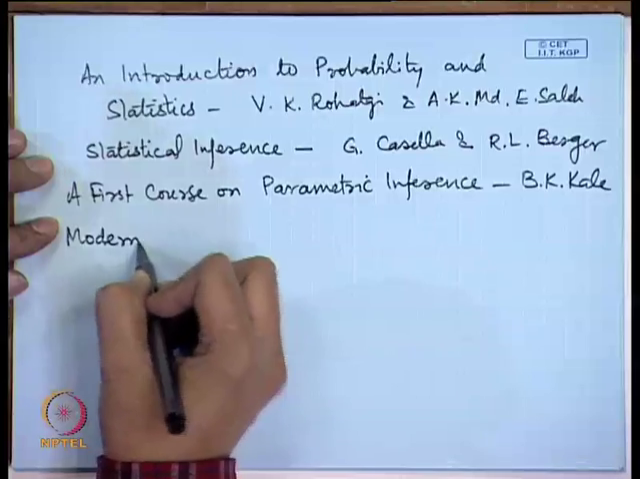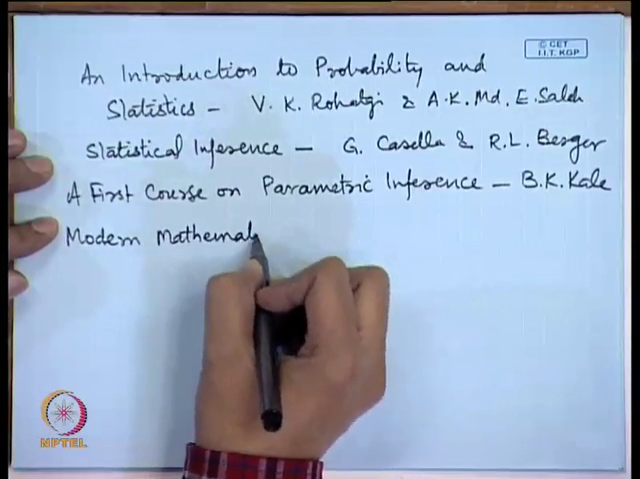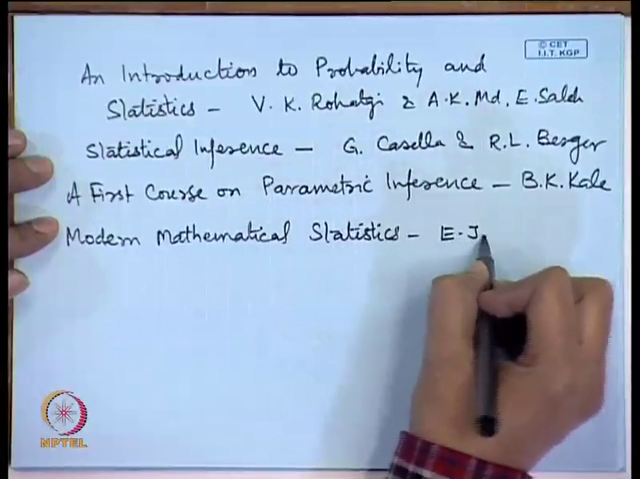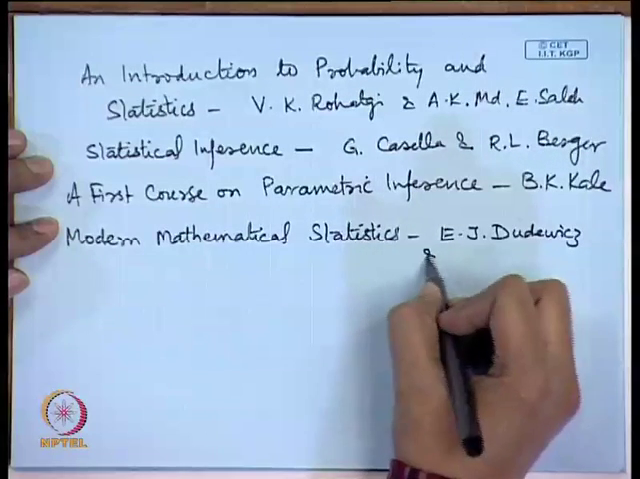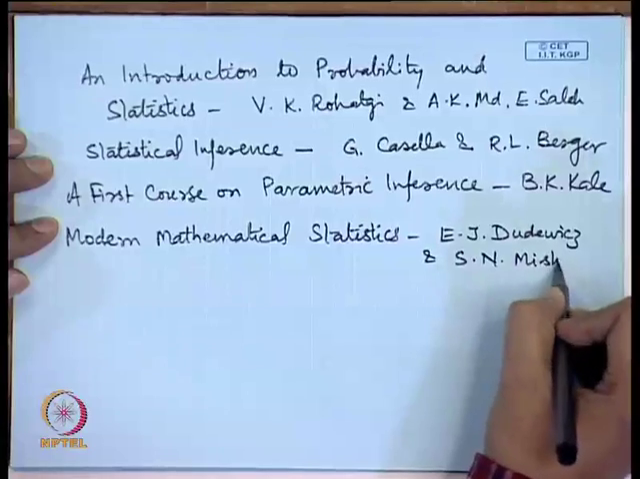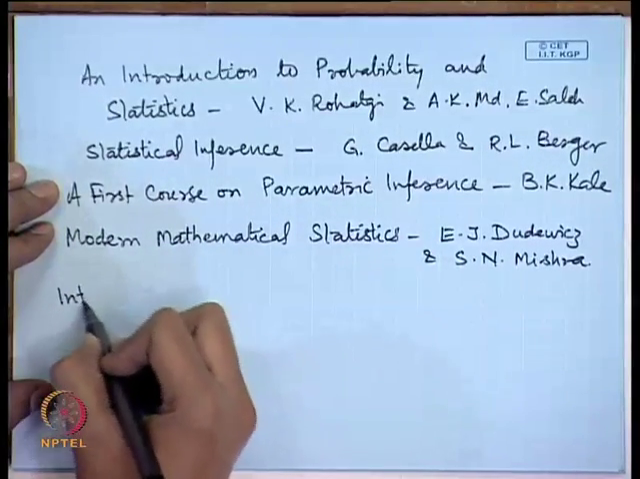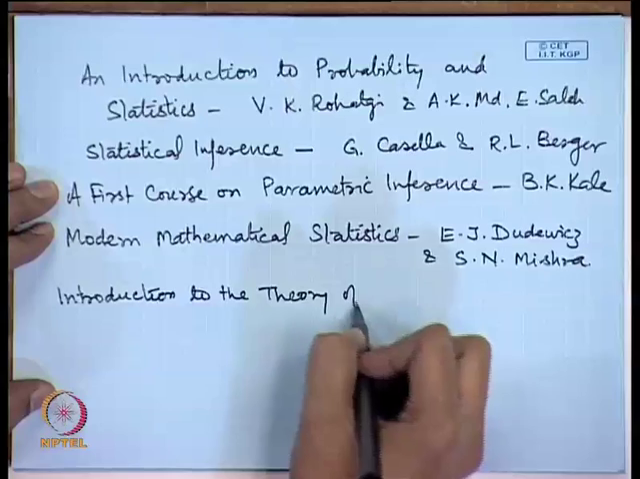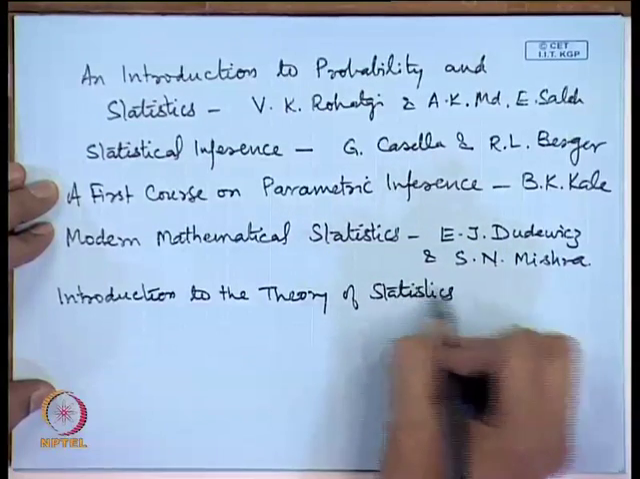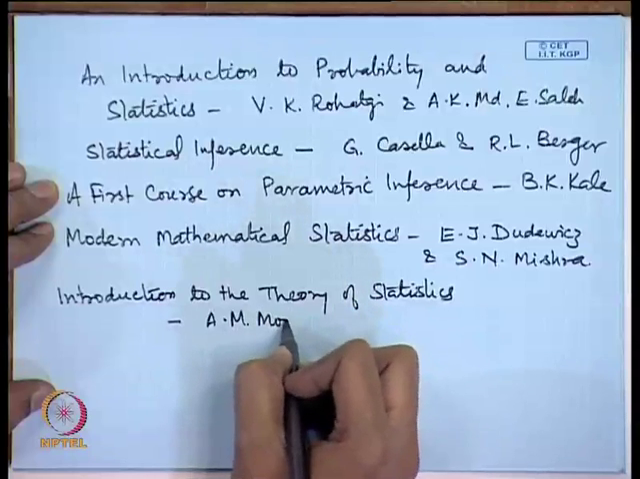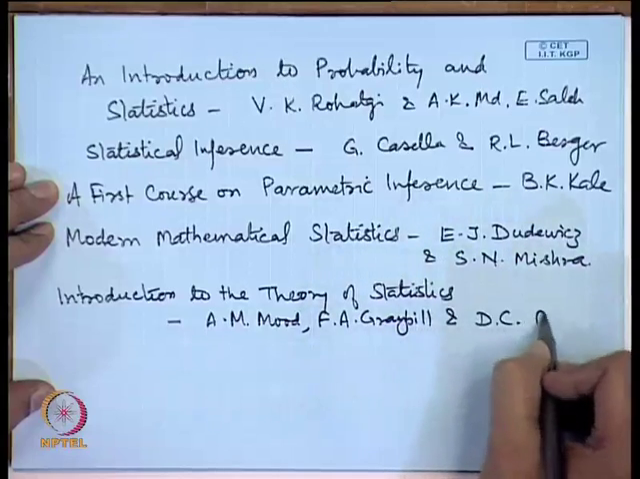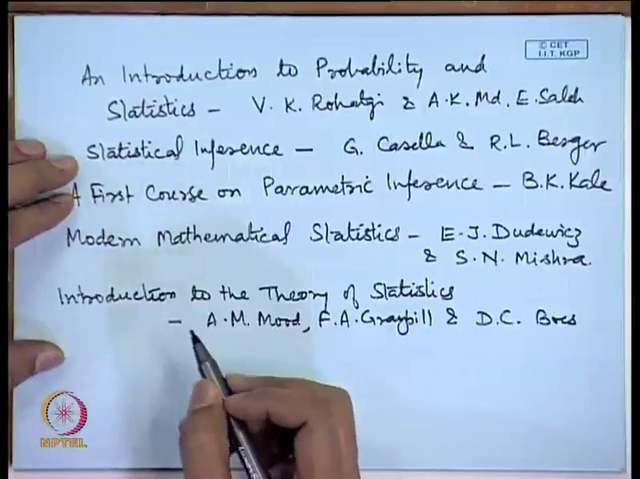Modern Mathematical Statistics by E. J. Dudewicz and S. N. Mishra. Introduction to the Theory of Statistics by A. M. Mood, F. A. Graybill and D. C. Boes. Those who are interested to get advanced knowledge on statistical inference may further look at the books